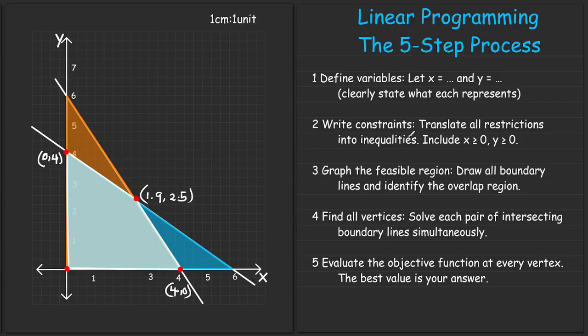Then you state the constraints. The constraints are the inequalities that restrict the feasible region. For instance, you have x is greater than or equal to 0 and y is greater than or equal to 0. Anytime you see this, it is telling you that we are only going to work in the first quadrant, because in the first quadrant, that is where we have x coordinates being positive and y coordinates as well being positive. Now when we talk of real world problems, if you are moving to the negative, then you're actually going to